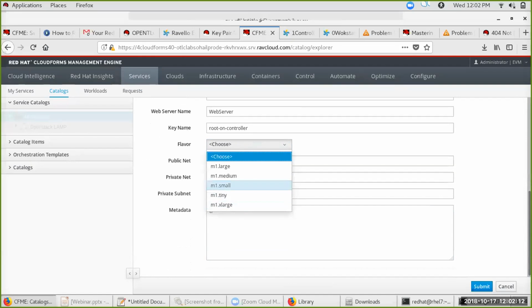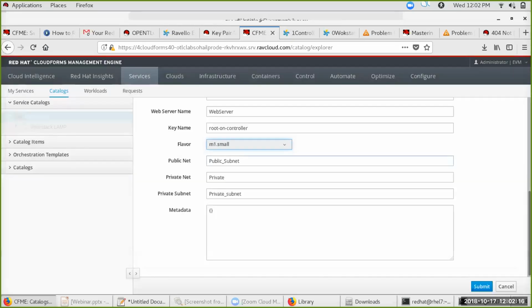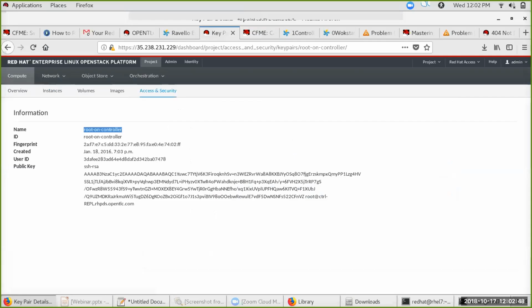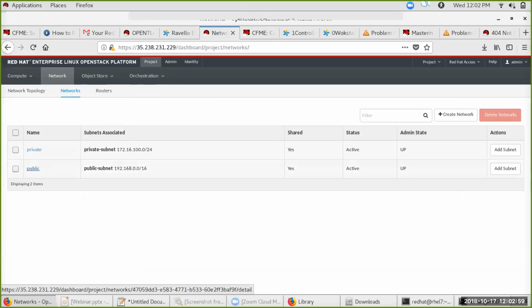as I said in my slide, you need to pick up the option of flavor, right? So my slides were very relevant. I'm not hard coding the flavor. If I need to create a LAMP environment with small t-shirt size VMs, I can select m1.small, right? And I need to give the proper subnet and network details. That I can also retrieve from OpenStack. I hope those who are familiar with OpenStack can easily understand. What is a network, right? I have a private network and a public network. So I picked up the right thing,